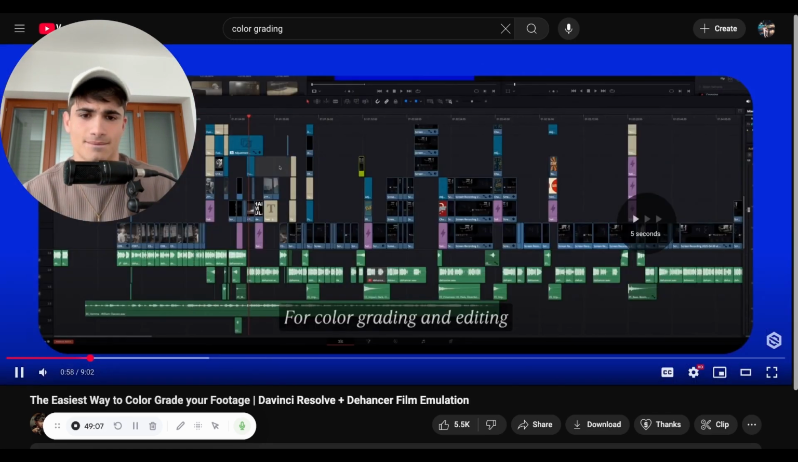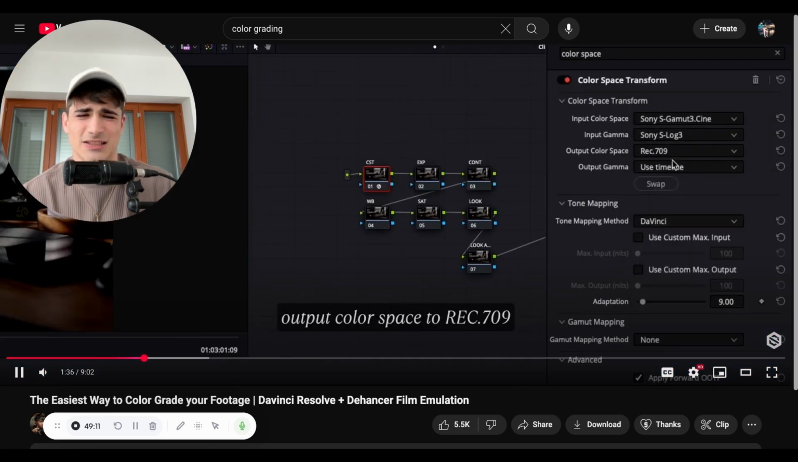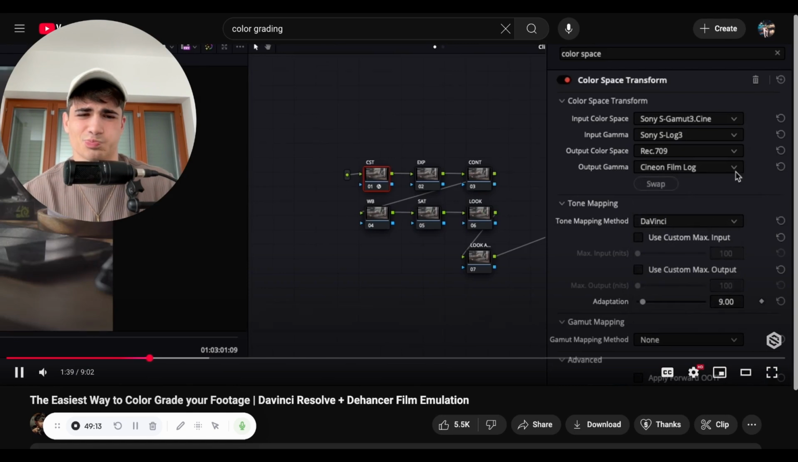I use a Red Komodo for this trade. For color grading, I use DaVinci Resolve. And here's what I'm going for: a film look. I'm just going to set my input gamma to S-Log3, output color space using the offset control, and output gamma to a film look. Second node